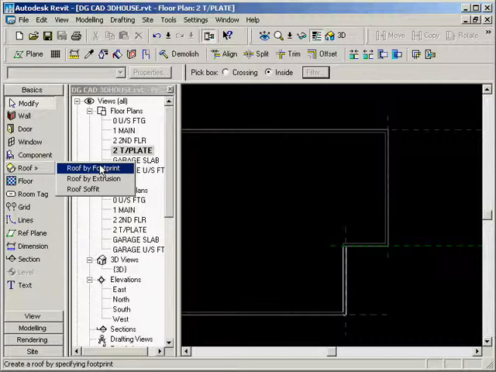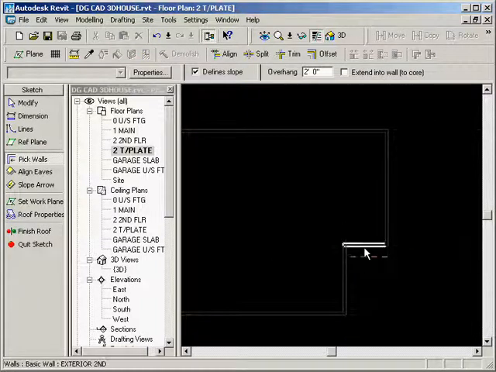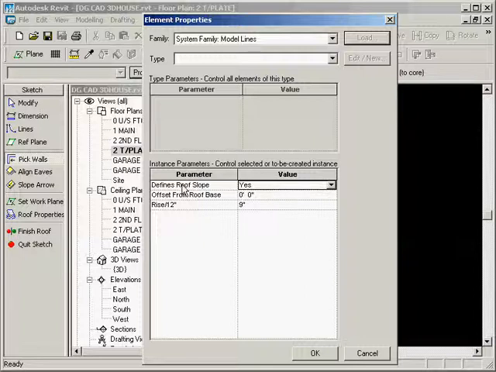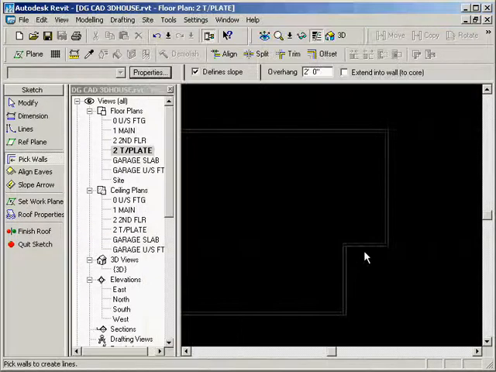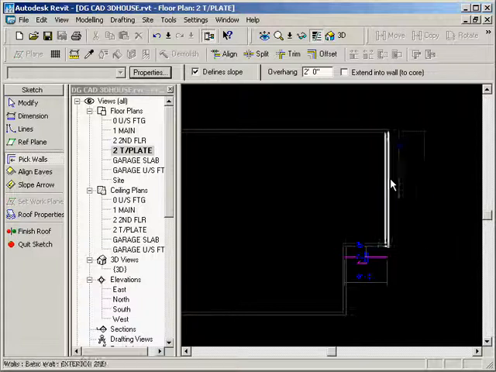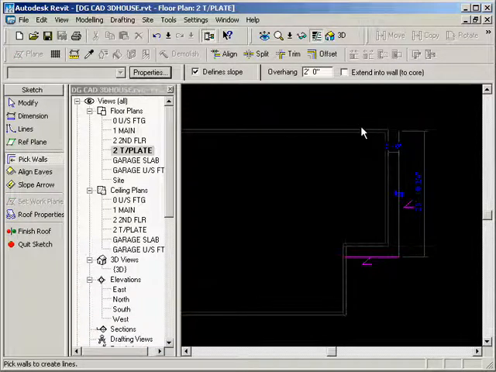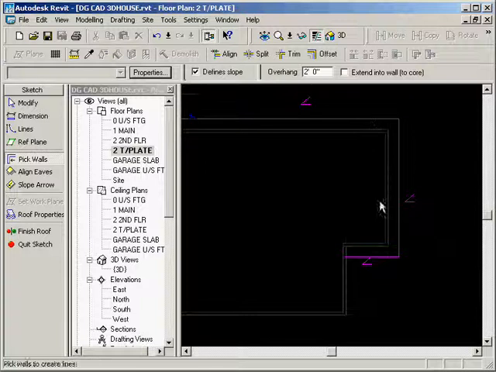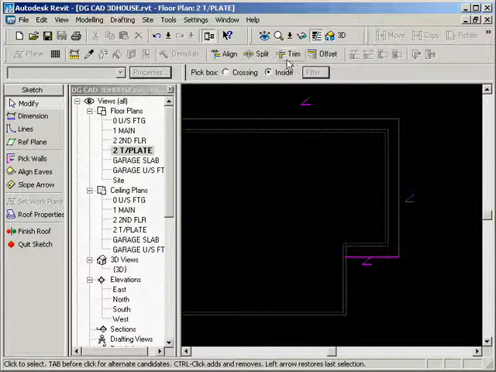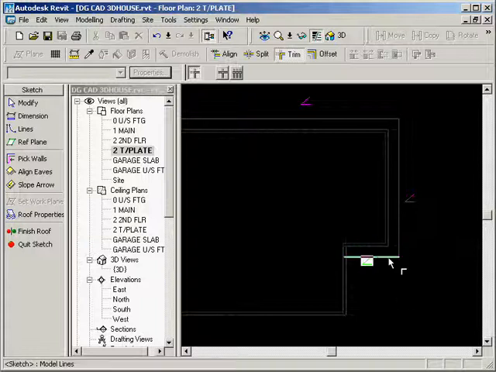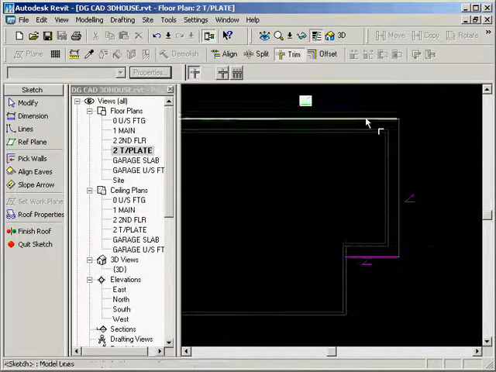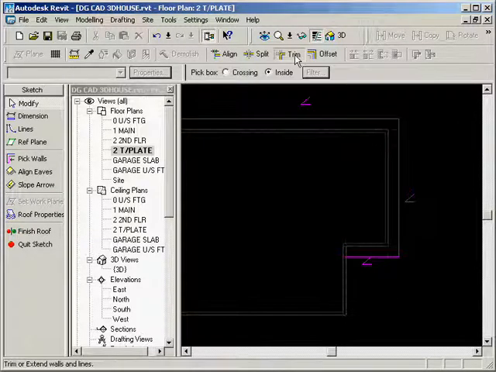So we'll go click in here and we'll say roof by footprint, and we'll go with our 2-foot offset, and we should just check our properties here. Roof properties, top of plate, everything looks good. So I'm going to go here, here, and then here. And what I'm going to do now is I'm just going to do a trim. I'm going to do those two guys